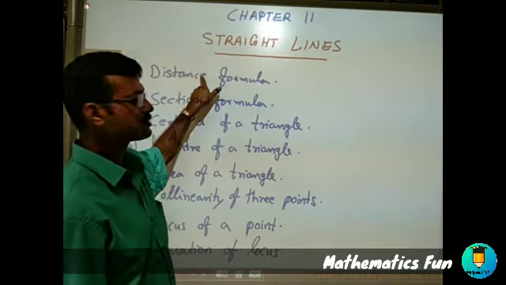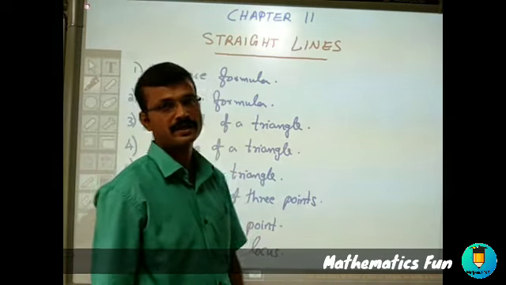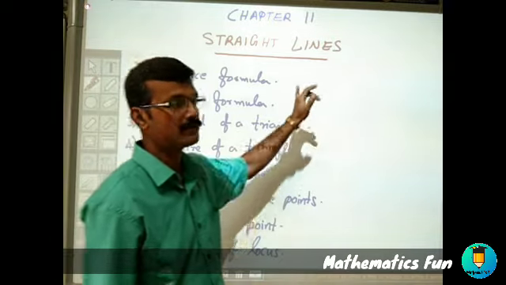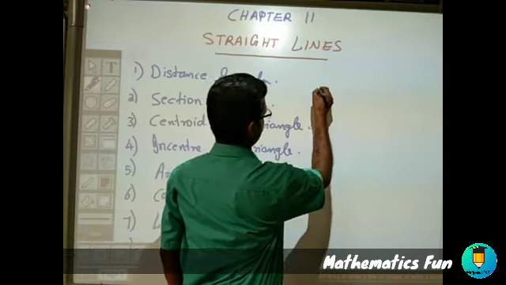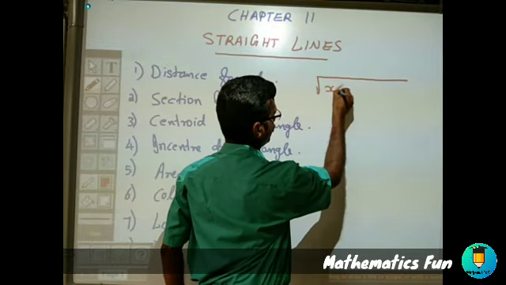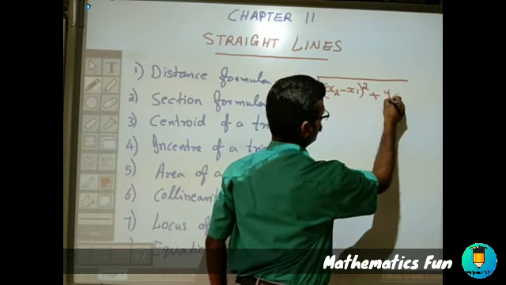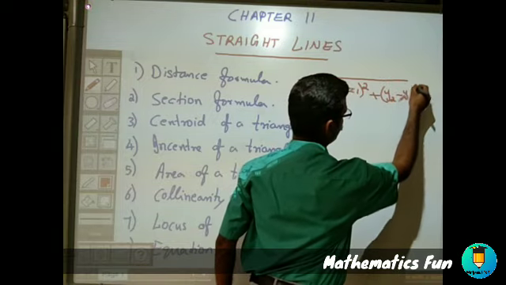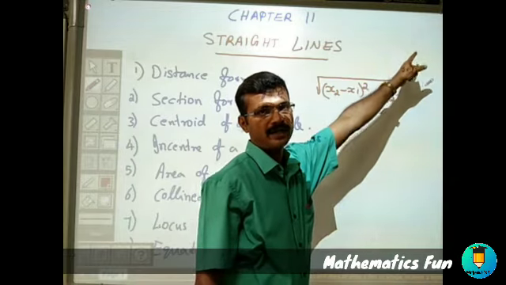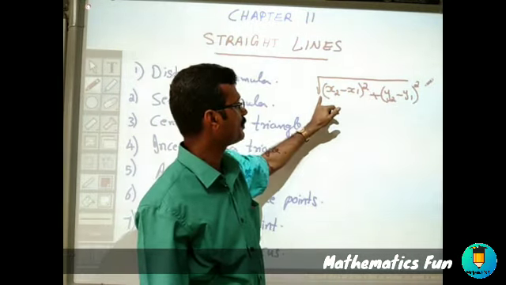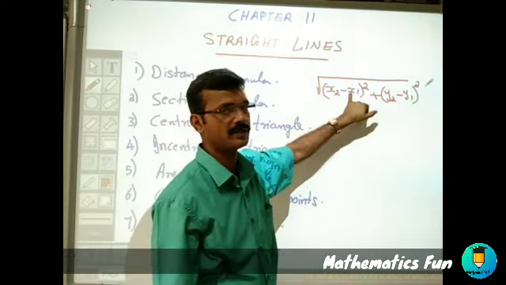So first of all, I am going to say once again what the distance formula is. It is the distance between 2 points in a plane. Suppose the points are given as (x1, y1) and (x2, y2). Then the distance formula is the square root of (x2 minus x1) whole square plus (y2 minus y1) whole square. This is already something you know. You studied this formula from standard 9 onwards.